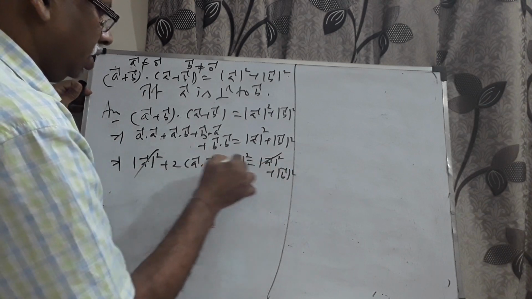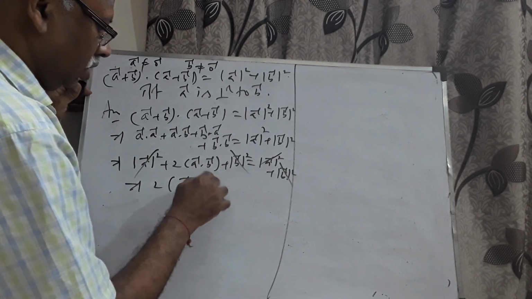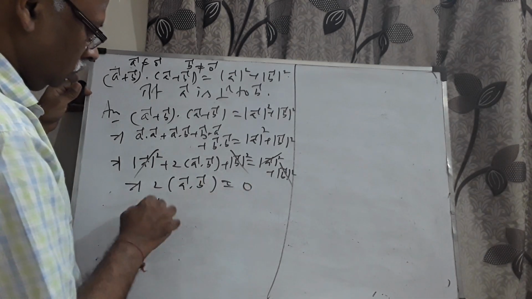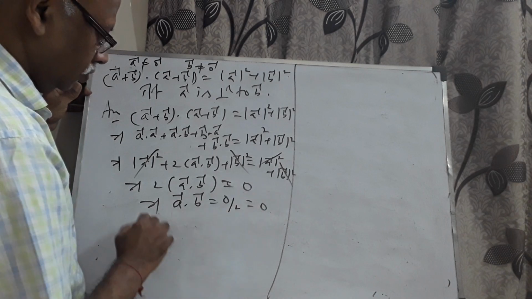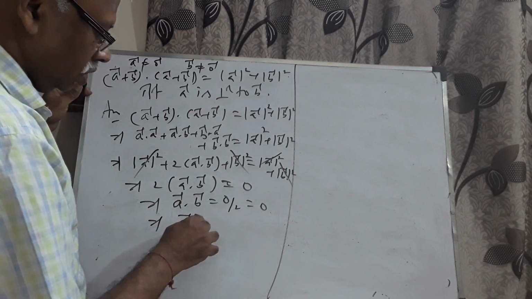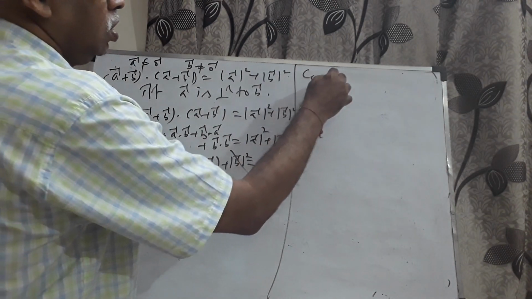These two will anyway get cancelled, which will imply twice of A dot B is equal to 0, which implies A dot B is equal to 0 by 2, is equal to 0, implies A vector is perpendicular to B vector. Okay, conversely,